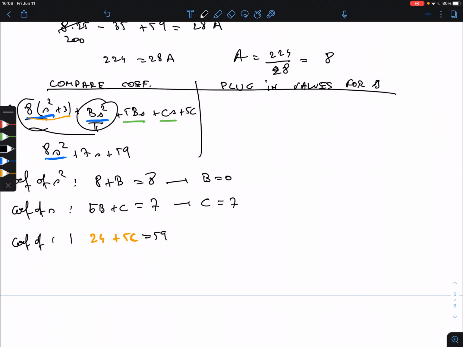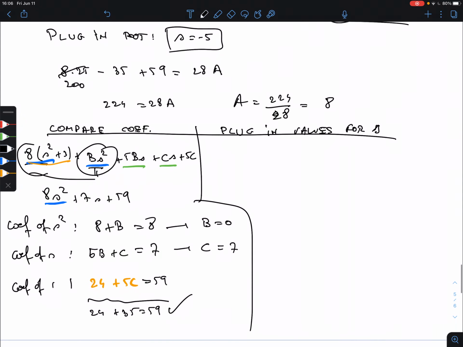So now the question is, is this true? Oh yeah, it is true. If I plug in c equals 7, then I get 24 plus 35 is 59. So this actually checks. If this would not check, then we made a mistake, because it has to check. Comparing coefficients has this little built-in thing that you can see whether you made a mistake or not. The other method is you plug in just values of s, apart from the value -5, because we have